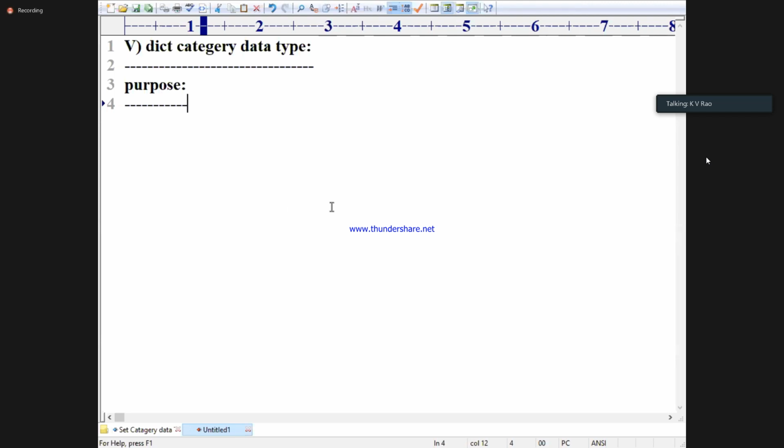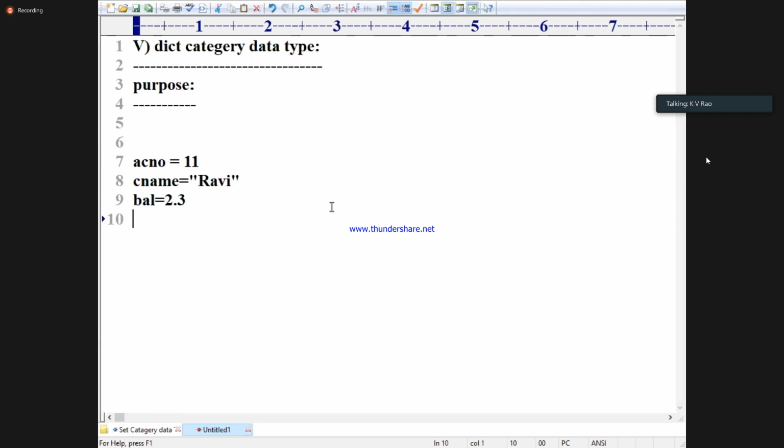Like I want to organize, see that ACNO is equal to 11. Next I want to organize customer name is equal to some Ravi Kumar. Next balance is equal to something like 2.3. Now B name is equal to something like SBI.